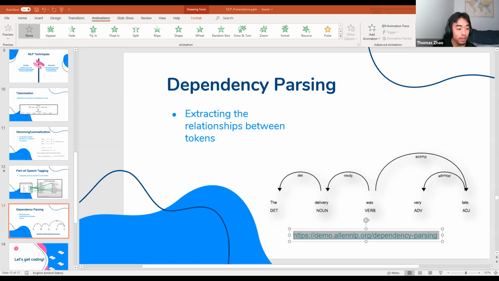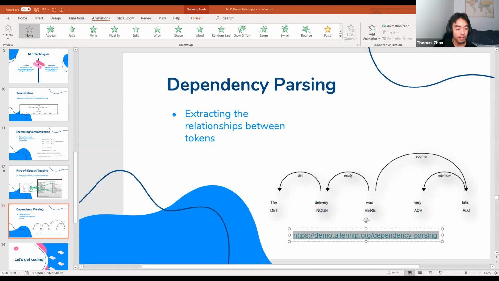Right. So dependencies. If you go to English here, you can see what all these labels mean. So nsubj. What does nsubj mean? It means nominal subject. I was just searching for the annotations I had on another screen. But you can see here, it's just called Annotation Specifications, spaCy documentation. So if you have any questions about what these labels mean, this is a good glossary to go to.